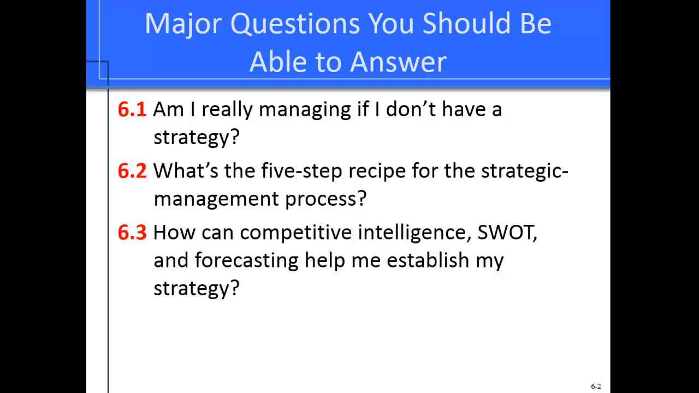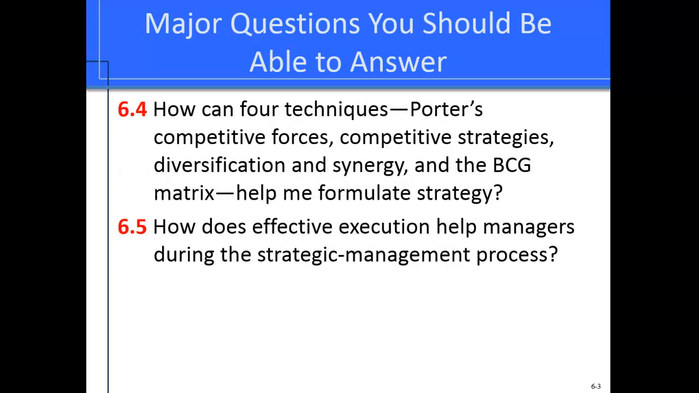After reading the third section of Chapter 6, which is over establishing the grand strategy, you should be able to answer the major question of how can competitive intelligence, SWOT, and forecasting help me establish my overall strategy. You then move on to formulating the strategy, which is part 6.4, and you should be able to answer the question, how can 4 techniques, Porter's competitive forces, competitive strategies, diversification and synergy, and the BCG matrix help me